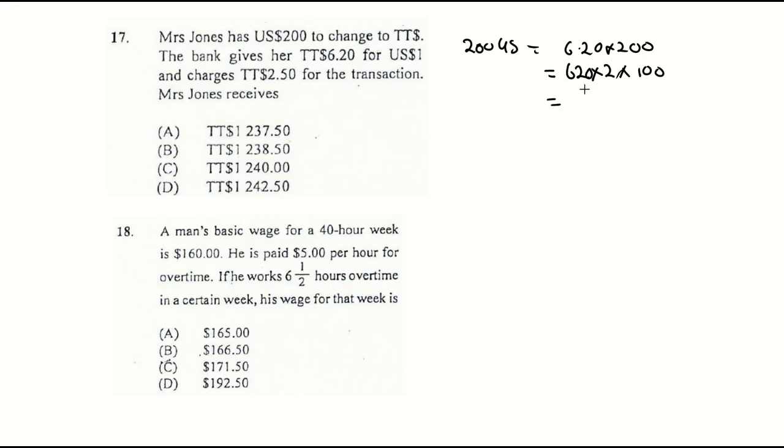So that's 6 twos, 2 twos are 4, 6 twos are 12. You add your 3 zeros. Then you carry back 2, so it is 1,240, right? And then you have to subtract that $2.50, right? So we are looking at